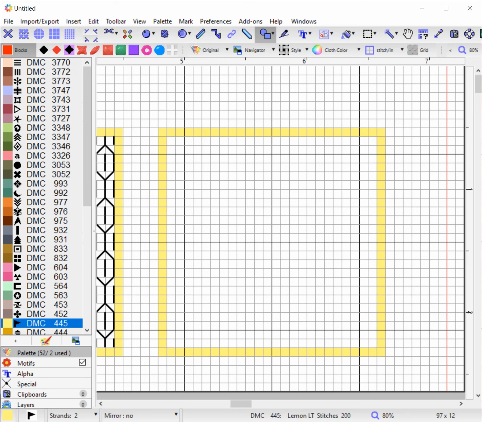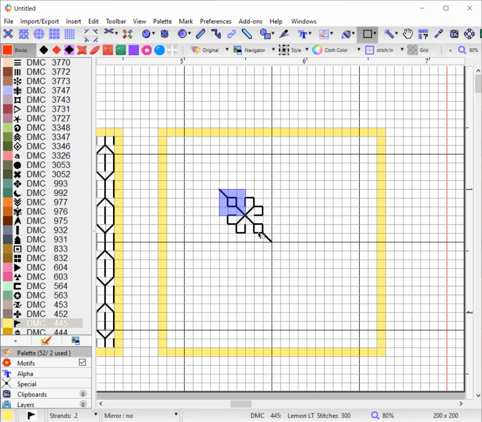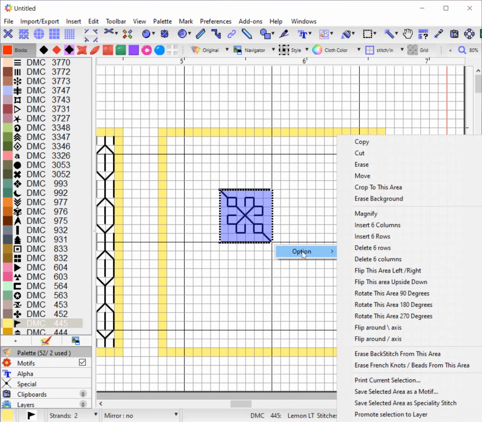So for the third pattern, I'm going to show you how to flip and rotate your motifs. So let's go to our motifs gallery, and this time I'm going to choose the booty motif that I created earlier. Now I'm not going to put it in the center like this, I'm going to put it in the center like this. And what I'm going to do then is select it and flip this left and right,